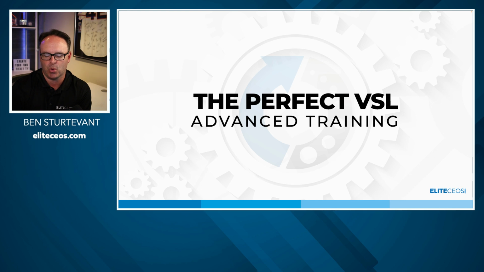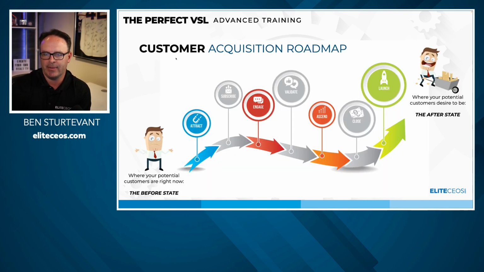I've talked about this before in other trainings, but I like to come back to this over and over again because this is a really, really important part of your marketing funnel. Your marketing funnel is the process that you're sending your leads through in order to make a decision on whether or not they're going to work with you. This is the customer acquisition roadmap. If you've been on these before, you've seen me reference it. If you haven't, you really want to get a good understanding of what this is and how it works. Basically, these are the decision stages that people go through before they decide to work